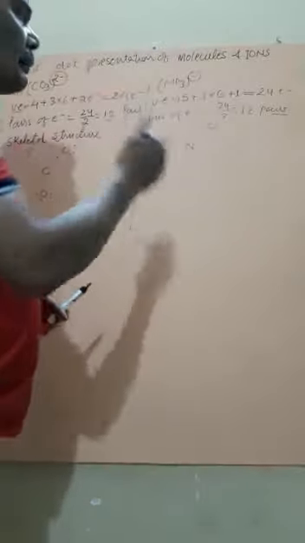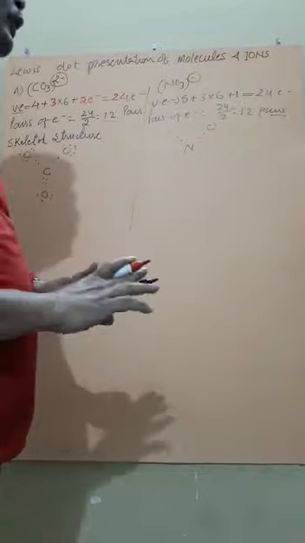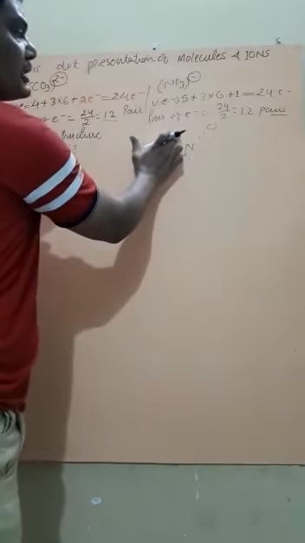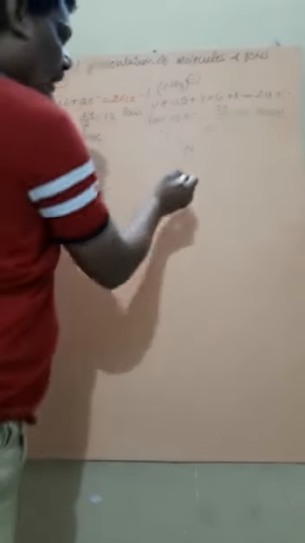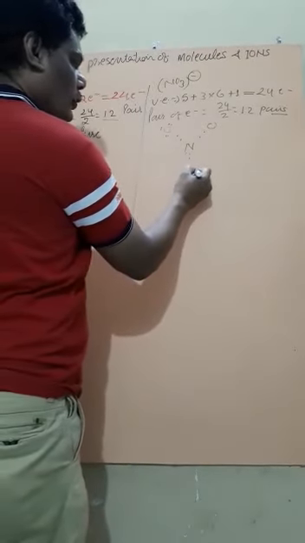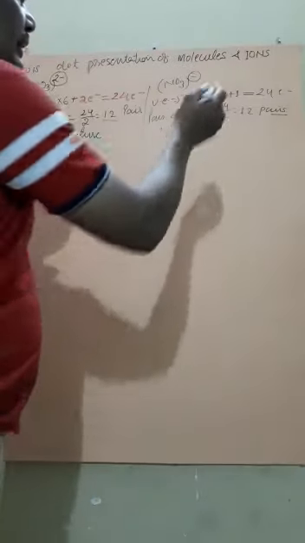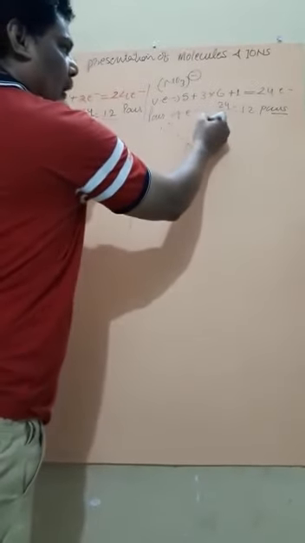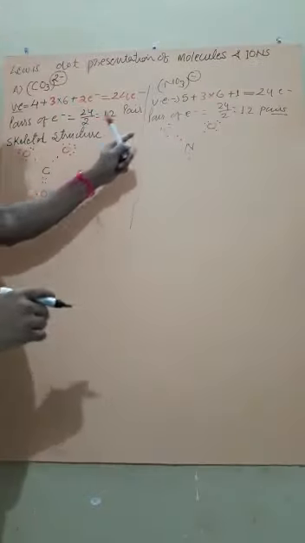Next, complete the octet of each and every oxygen by placing dots. Here 2 electrons means 1 pair, so it requires 3 more pairs: 1, 2 and 3. Again it requires 3 more pairs. For this one, it requires only 2 because 4 electrons are already there. Now this one requires 3 pairs: 1, 2 and 3. Now look, the octet of each and every species is completed.